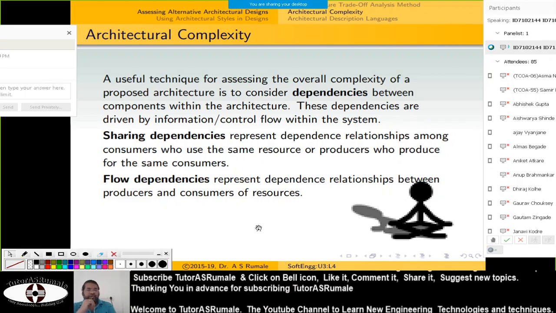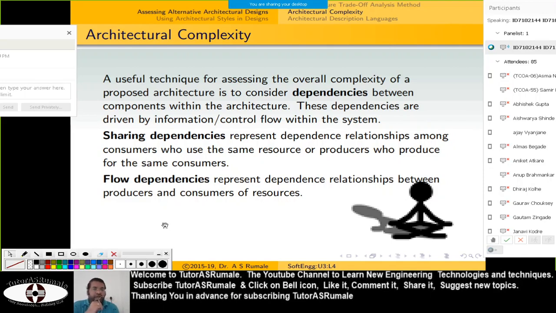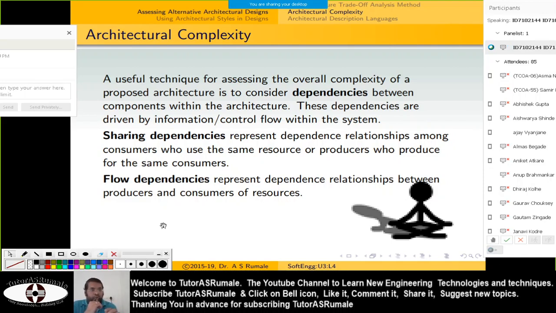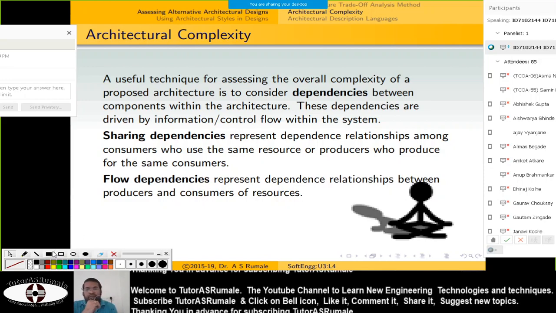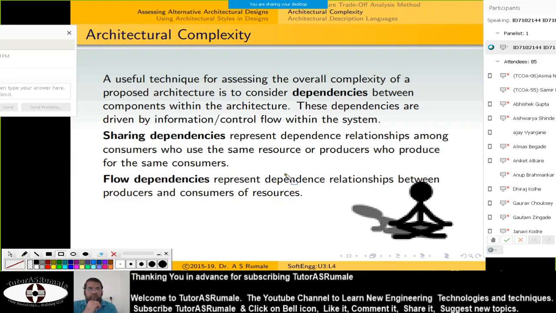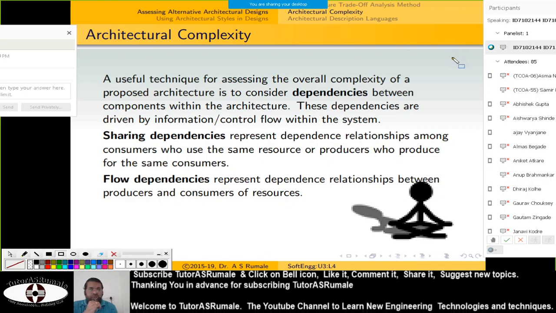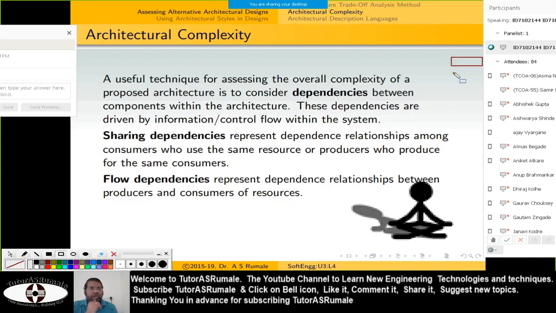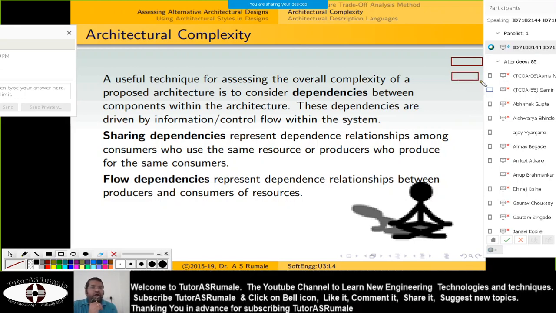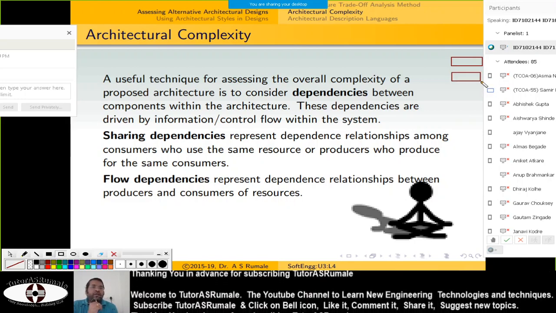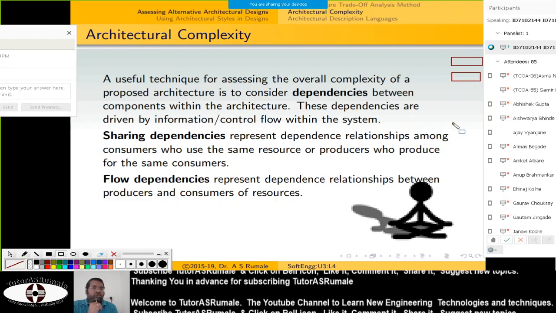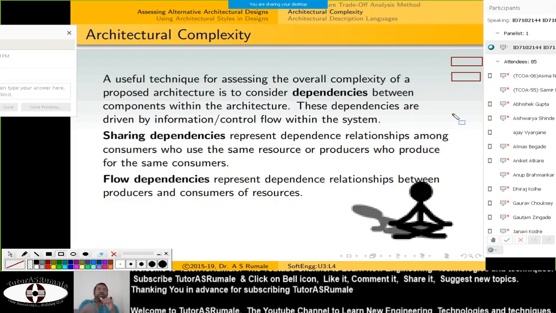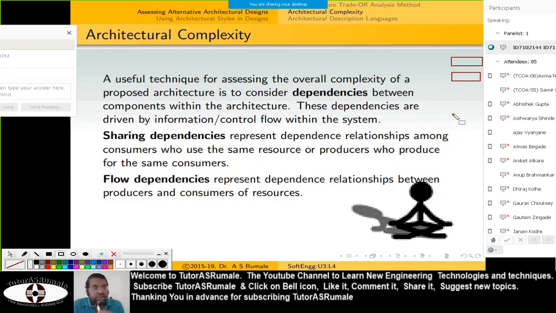So what is flow dependency? There are two types of flow. One is data flow, another is control flow. For example, suppose you have a form. One field of the form is the name. Once you enter data into this name field, the control automatically has to go to another field, and this other field should not pass the control, and likewise.